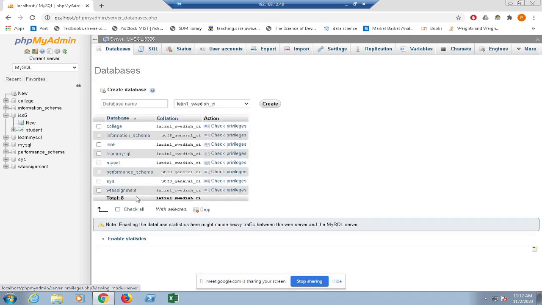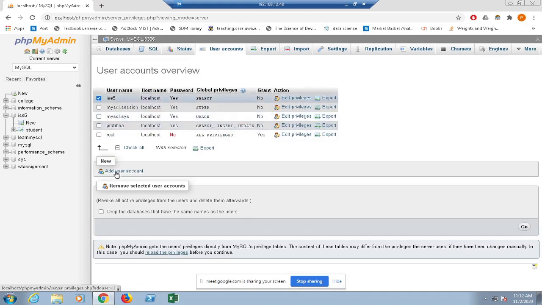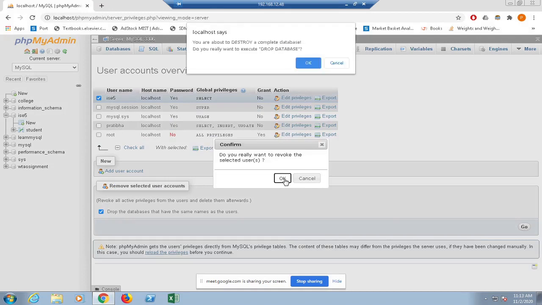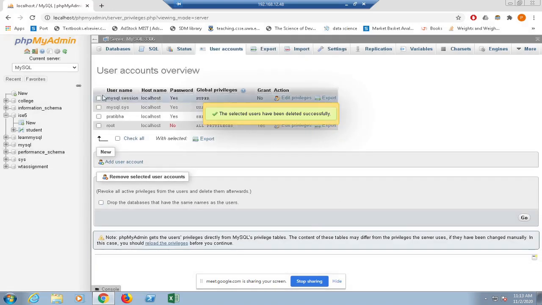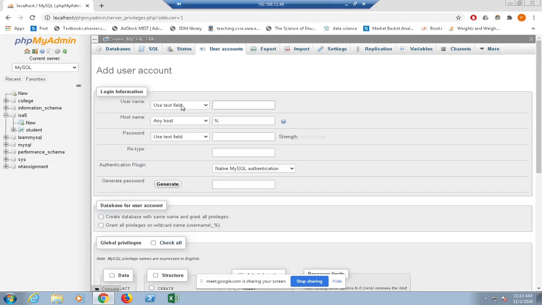Okay, I'll use some other user account. Let's quickly create one. I'll delete this. Select the username and remove the selected user accounts. Let it be ISC demo, host name localhost,